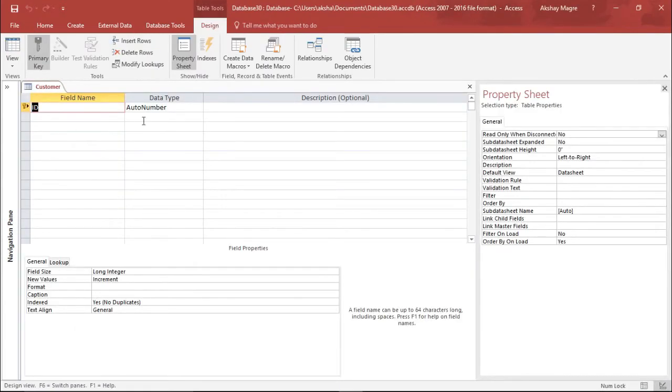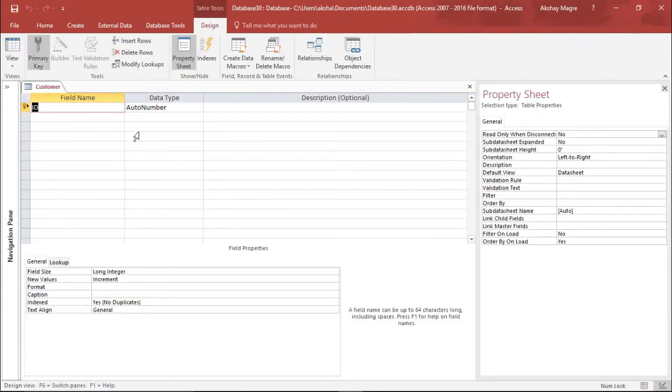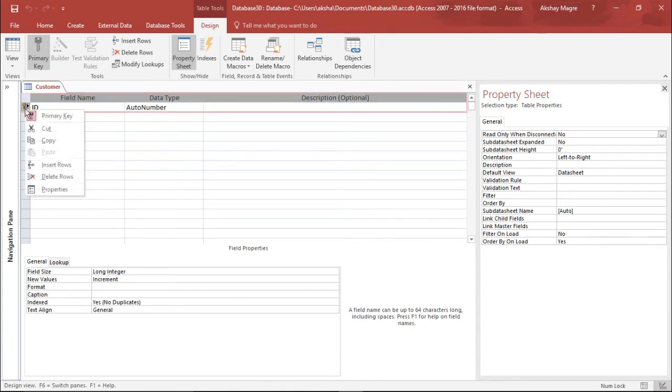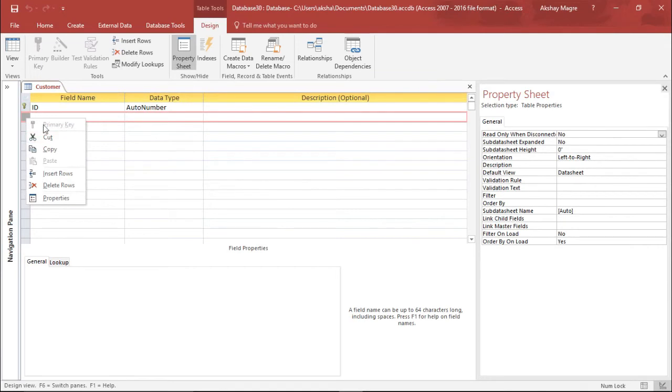Now under this design view we can create a database. There are two ways we can do it, from datasheet view as well, but it is mostly suggested that we do it under the design view. Whenever I create a database, we need to assign a primary key. Now what is a primary key? A primary key is basically for unique records, so that it does not duplicate anything. Every record will have a unique ID. By default it is taken as ID, and it has automatically been assigned as the primary key. If you want to assign a primary key to a different field, you can simply right click on that field and assign a primary key to it. This is completely your wish.